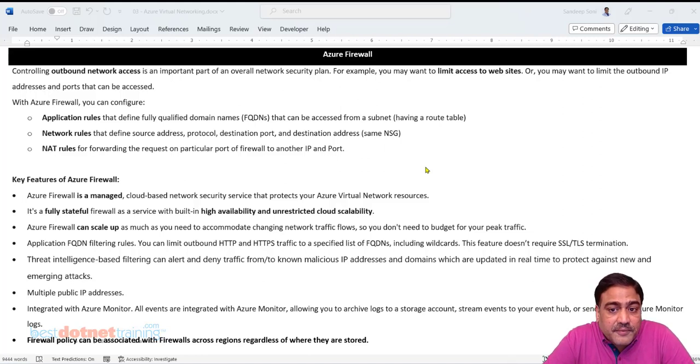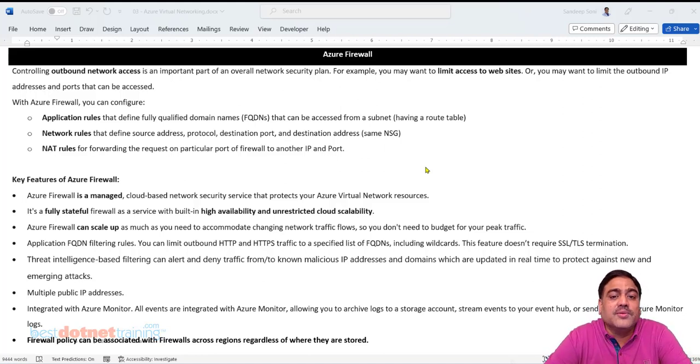In NSG, we don't have the ability to allow or block on the basis of domain name. For example, I don't want a virtual machine in the VNet to be able to browse something like www.facebook.com, or certain banned websites.